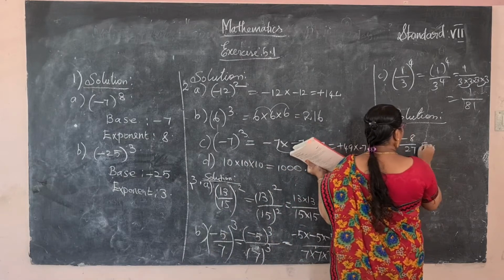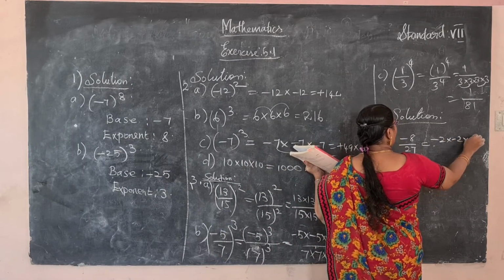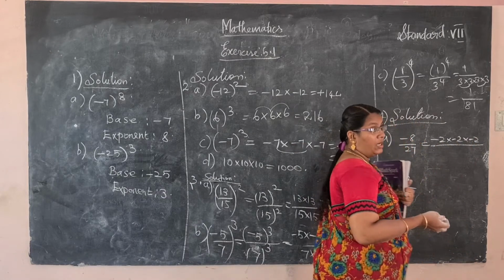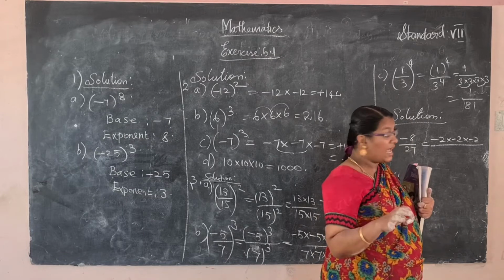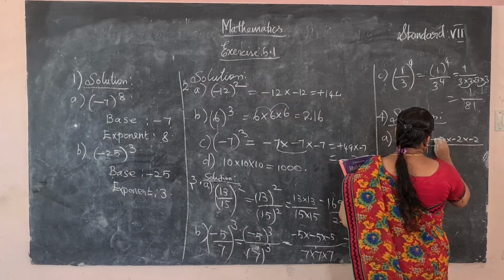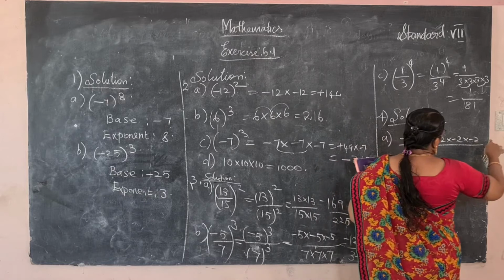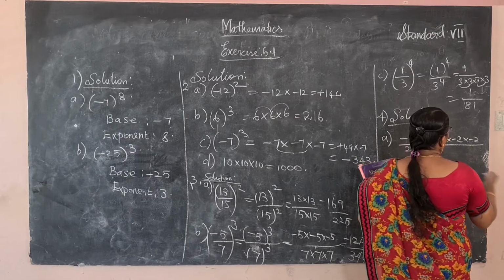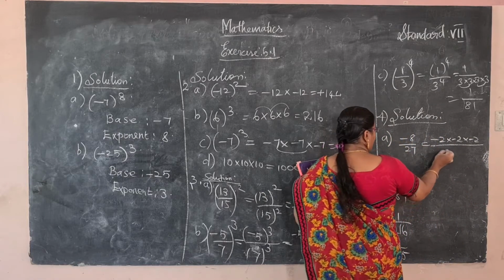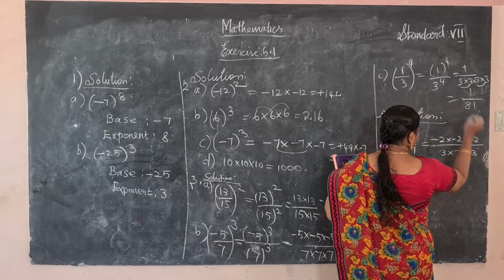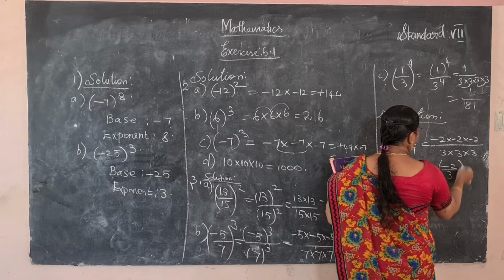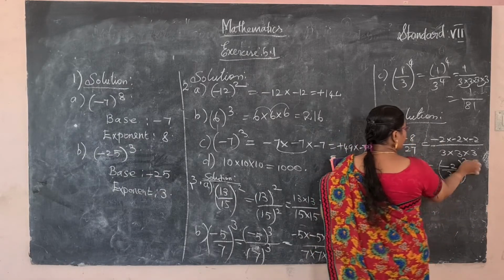Okay, so 8 can be written as 2 into 2 into 2, with the minus sign, it's the same value, is it? So exponent means a number multiplied by itself. So here minus 2 into minus 2 into minus 2. So 2 2s are 4. Minus into minus is plus. Again multiply, minus into plus is minus, 4 2s are 8. The denominator can also be written as 3 times 3. So 3 3s are 9, 9 3s are 27. So the answer is minus 2 by 3, whole cube. How many times repeated? Both numerator and denominator 3 times.